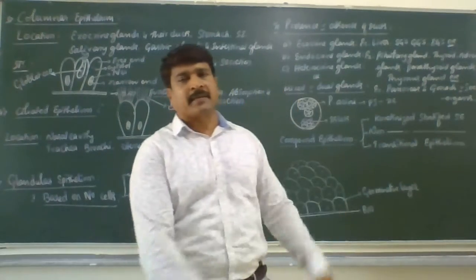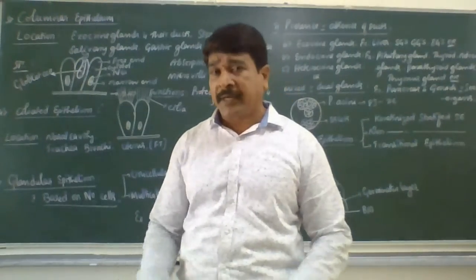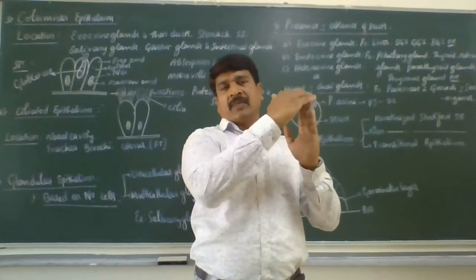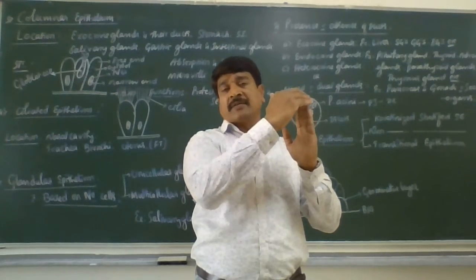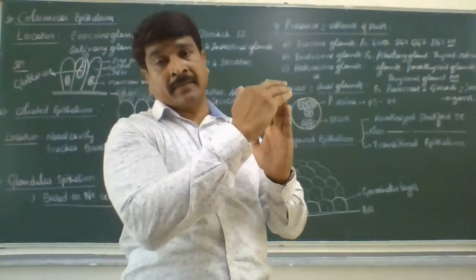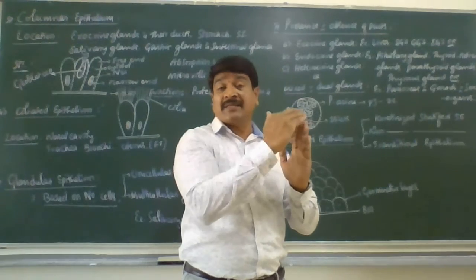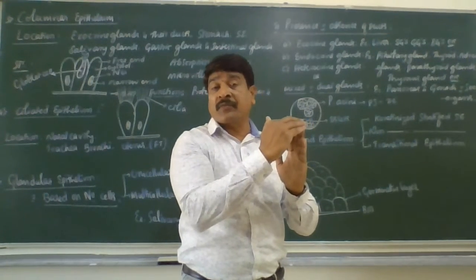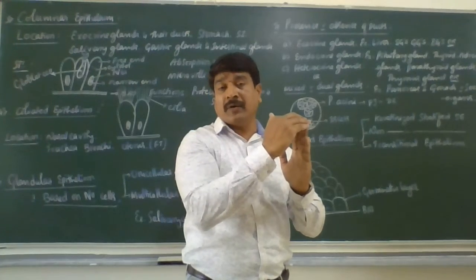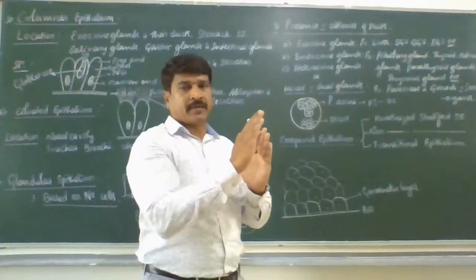Okay, first let us come to the keratinized stratified squamous epithelium. In this type, on the outermost cell surface, there is a waterproof non-living protein called keratin. Hence the name keratinized stratified squamous epithelium. Due to the presence of non-living protein, the outer layer is also dead. You remember this. I think you are getting it.